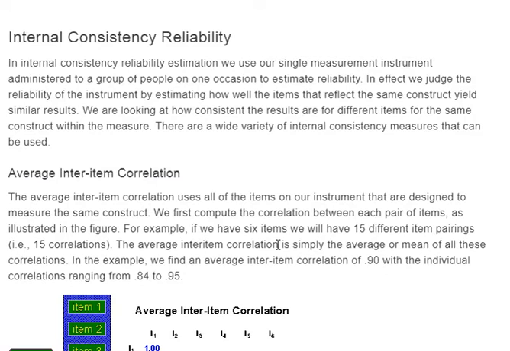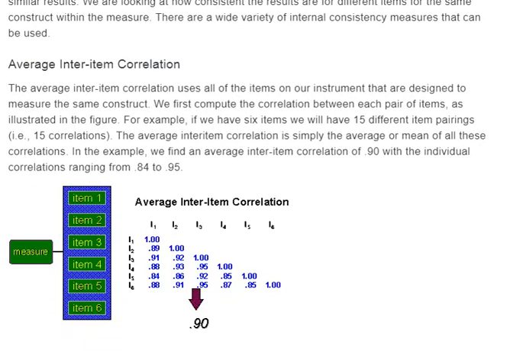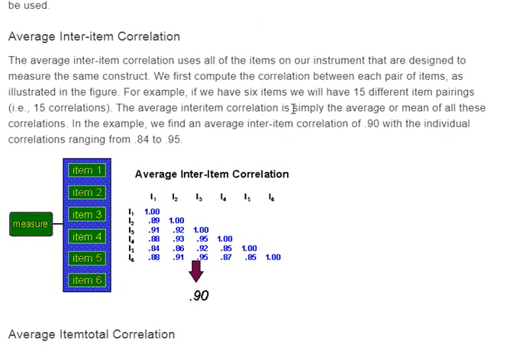For example, if we have 6 items, we have 15 different item pairings. The average inter-item correlation is simply the average or mean of all these correlations. In the example, we find an average inter-item correlation of 0.90 with the individual correlations ranging